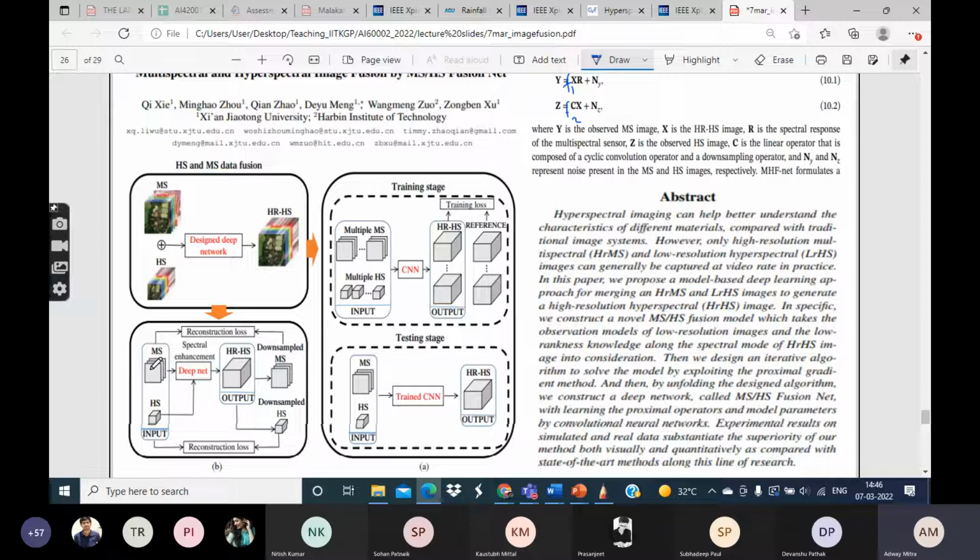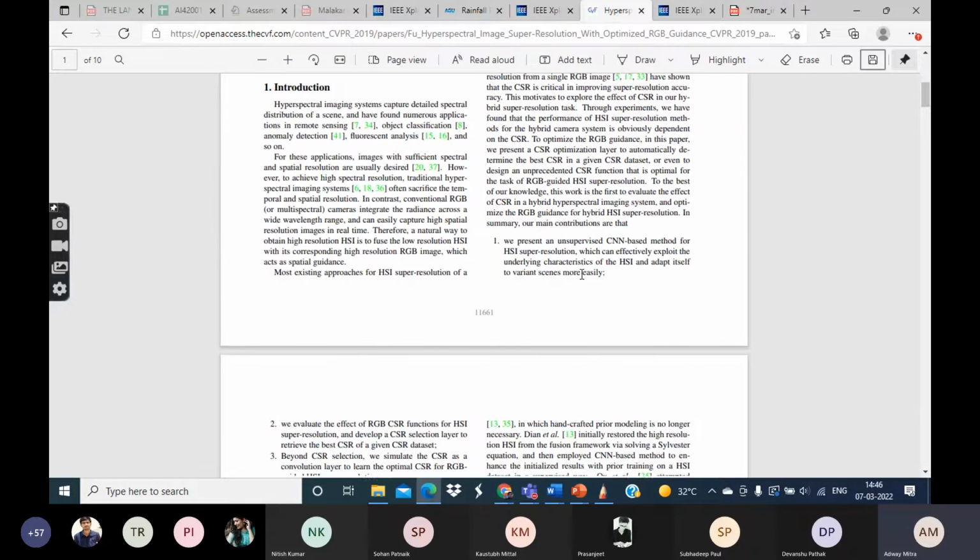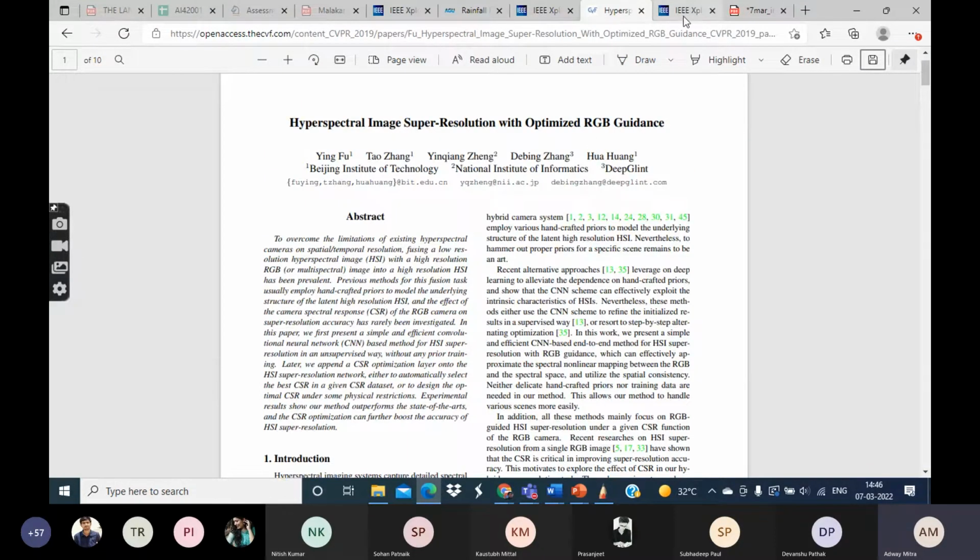the low resolution hyperspectral input. So it is necessary that whatever image is being generated should be consistent with both sources of the input. So we have two different reconstruction losses. One is the reconstruction loss for the multispectral images, which is at high resolution, and another is the reconstruction loss for the hyperspectral images, which is at low resolution. So that is what they do. They construct different loss functions,